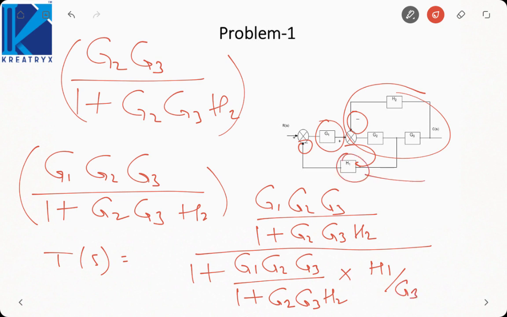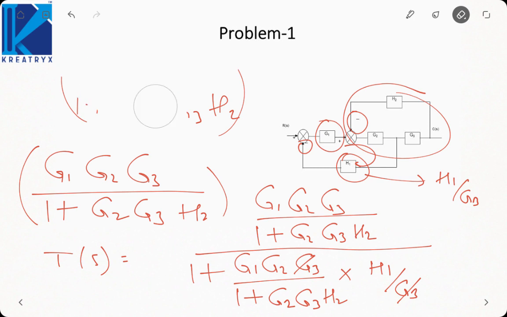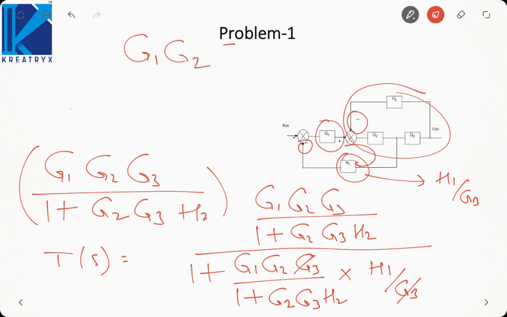We transformed this to H1 by G3 when we shifted it after the block, so this G3 will get cancelled out. So the entire transfer function that would remain is basically G1 G2 G3, taking the LCM,